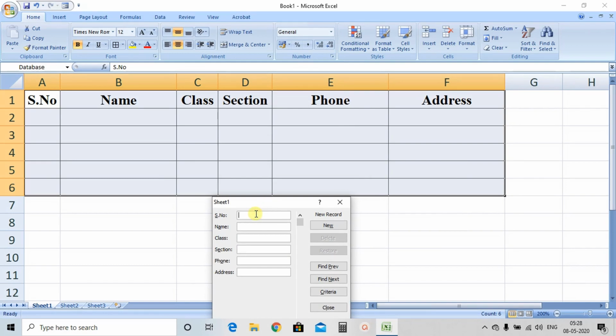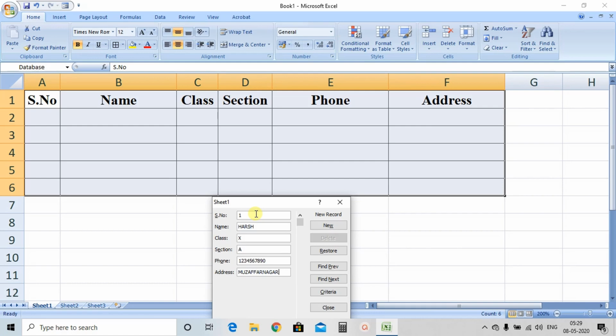Now serial number I am entering here 1, name, then class, suppose it's 10, section A, phone number and address. So we have entered how many record? 1 record we have entered.